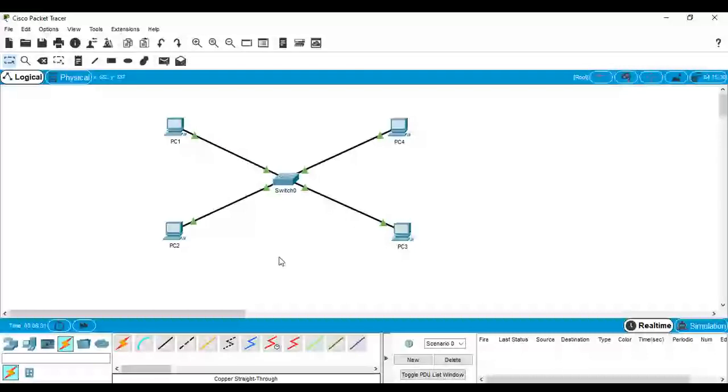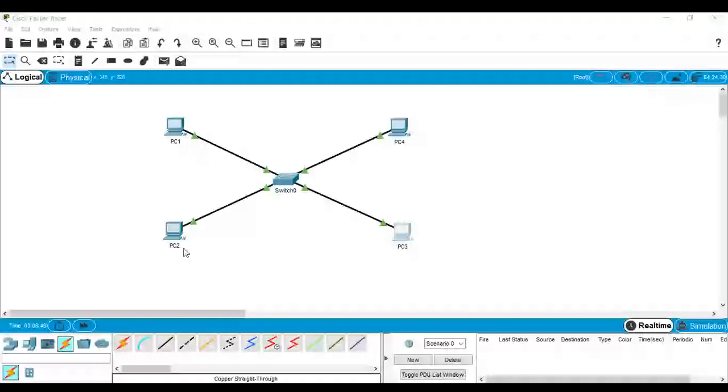Then you can go here, IP configuration, and write down the IP address 172.16.1.12. Now you can see that for PC1 we have given IP address 172.16.1.10, for PC2 1.11, and for PC3 we are giving 1.12.